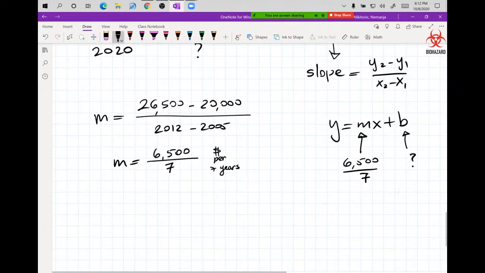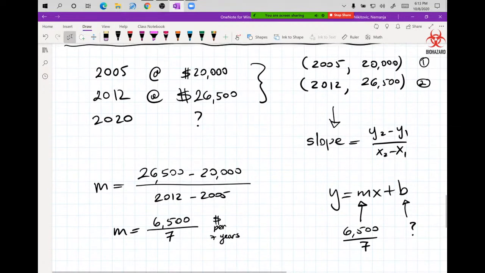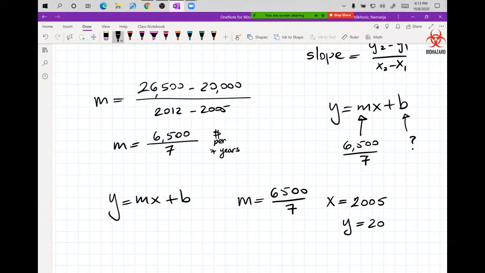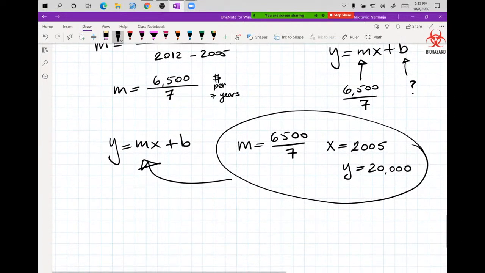So let's take a look at what we have now. We have y equals mx plus b. We just calculated that m is 6,500 over 7. And we pick one of the points. We can pick the first one, it doesn't matter. X is 2005 and y is 20,000. As you can see, plugging these three values into the equation will leave only b as the unknown quantity, at which point we can calculate b and we will be done with the